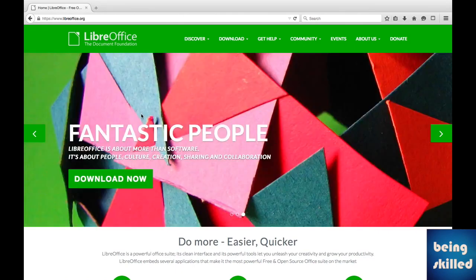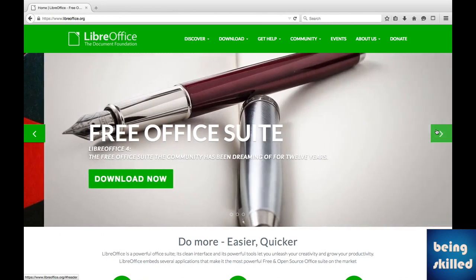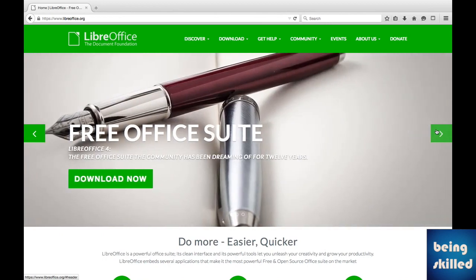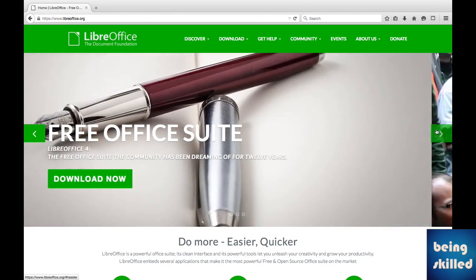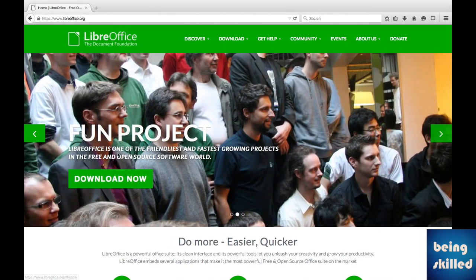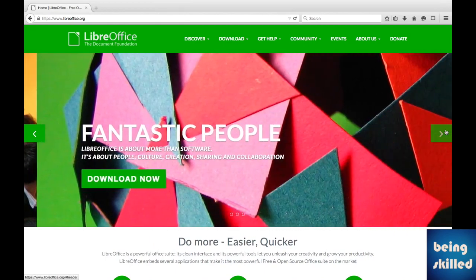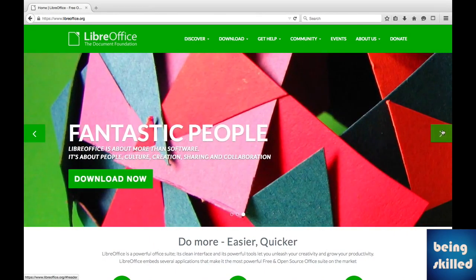So all you have to do is go to www.libreoffice.org, LibreOffice.org. And once you're there, you will be seeing this kind of website, and you can see multiple slides. That okay, this is the free Office suite, and we are having fun projects, so you can be part of them, and you can be part of the community. So if you want to download it right now, just click on download now,